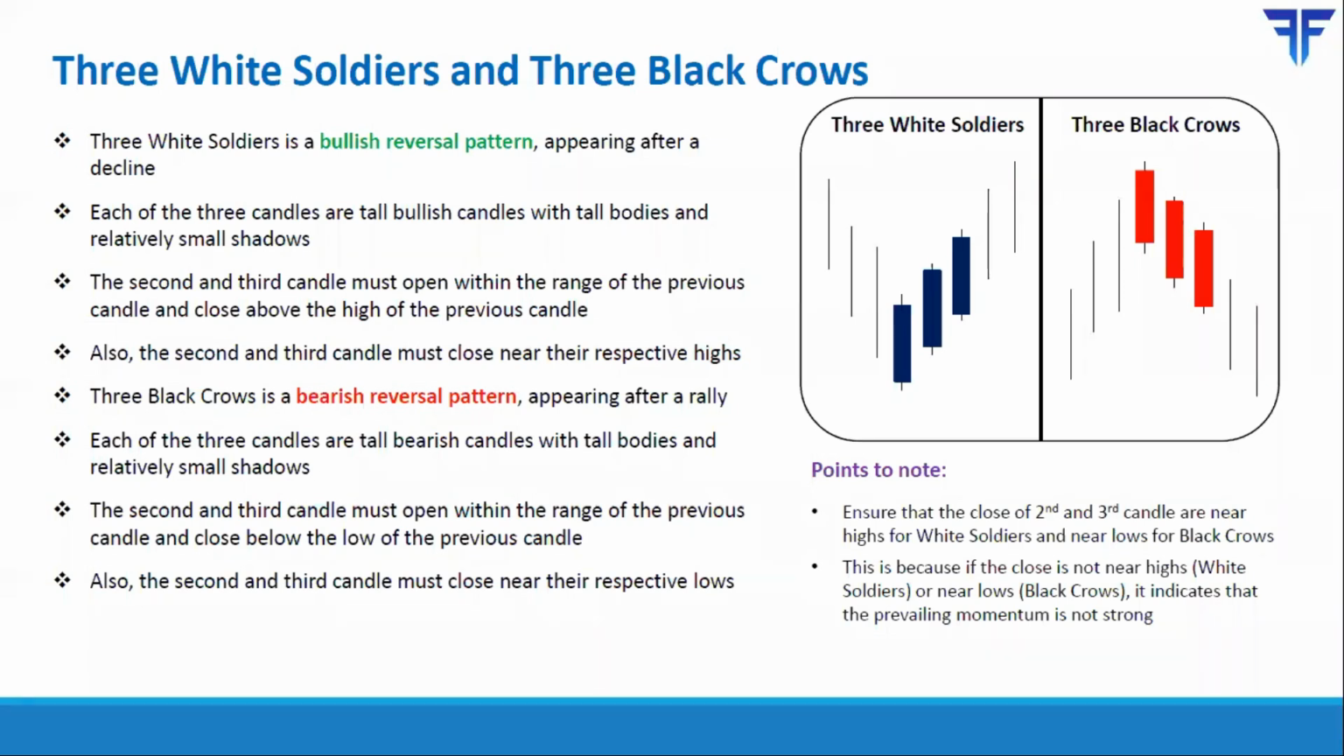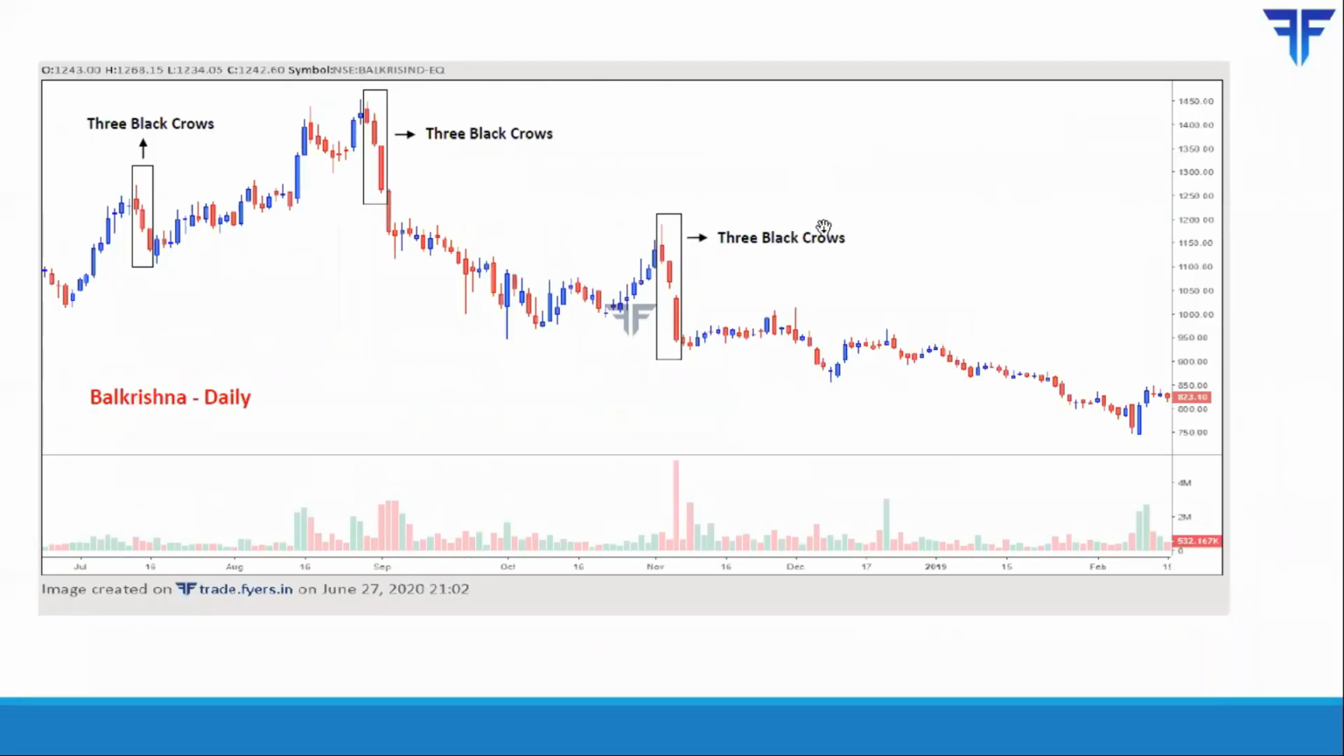The second last pattern that we would be talking about is something that is quite common: 3 white soldiers and 3 black crows. So let's start with 3 white soldiers. Most of the times, 3 white soldiers appears as a bullish reversal pattern, but sometimes it can appear during an uptrend as well, in which case it happens to be a bullish continuation pattern. But let us talk about 3 white soldiers over here, assuming that it's a bullish reversal pattern appearing near the